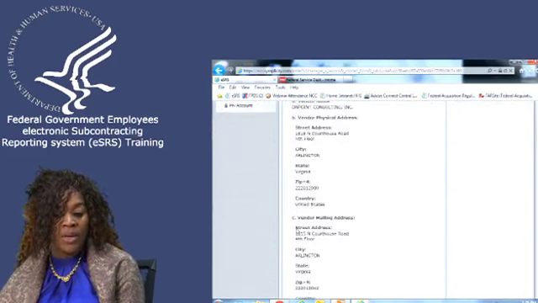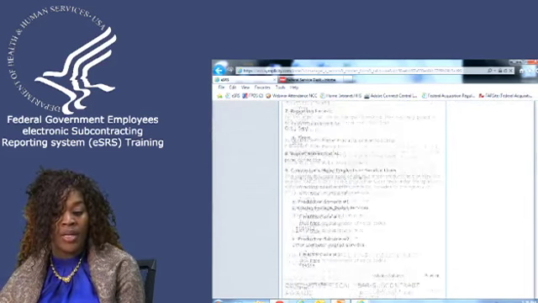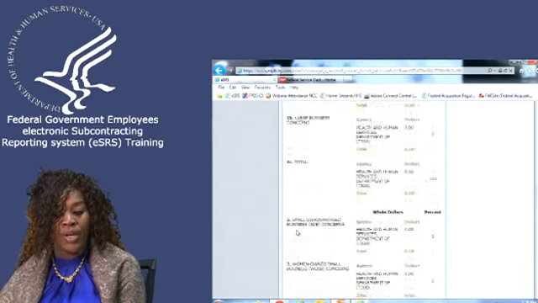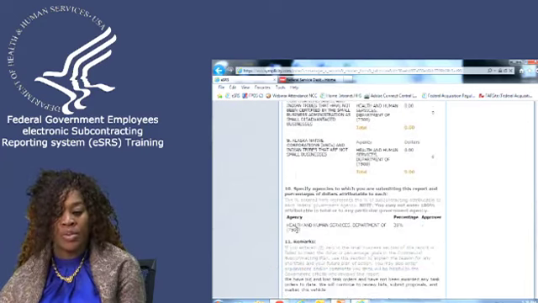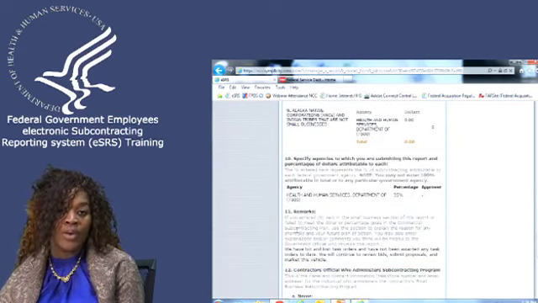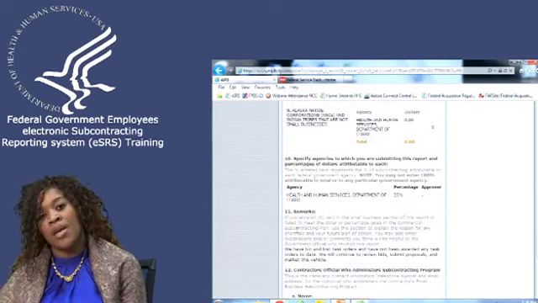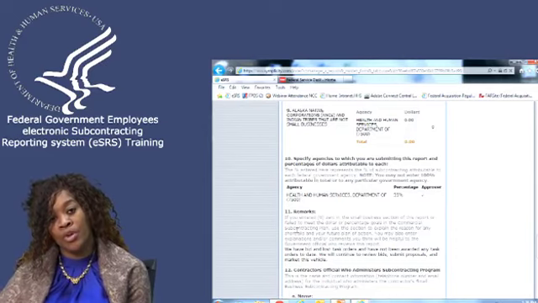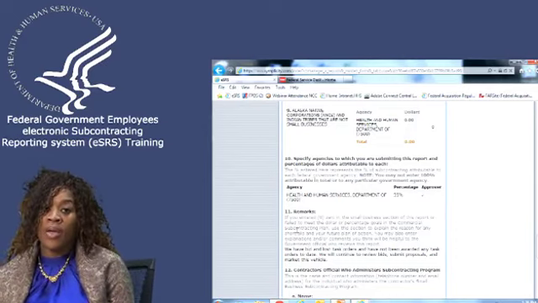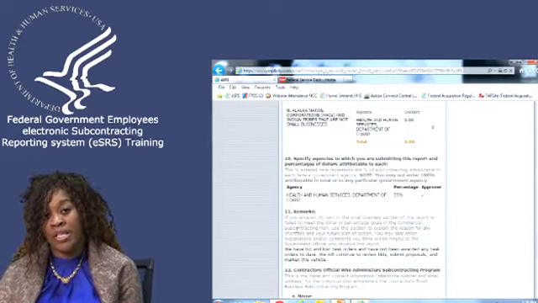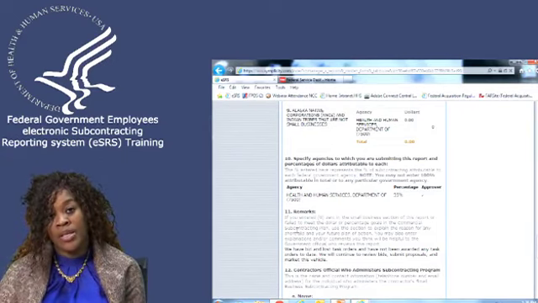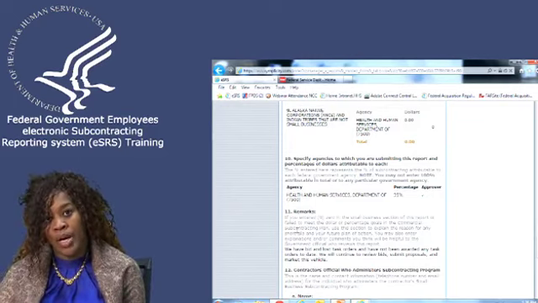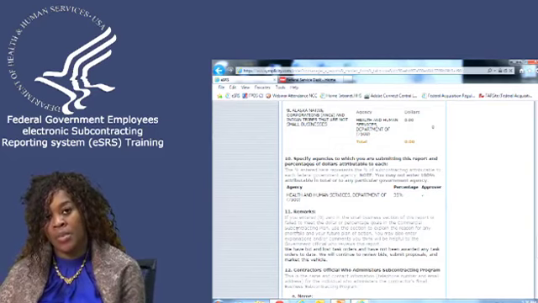One of the major problems that we have with the commercial plan report is contractors are somewhat confused, and what they would like to do is give the government 100% attributable for their subcontracting awards. The government can never be 100% attributable on a commercial plan, because the reason why they were allowed to use a commercial plan is because they sell a commercial product and they do business with other than the government. So at no point in time can the government have 99.9% or 100% of their subcontracting accomplishments.